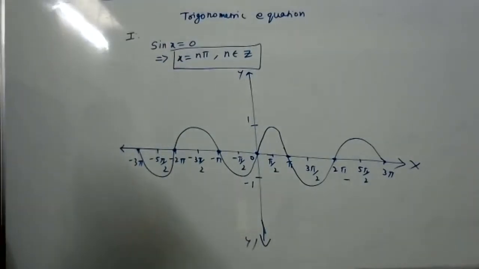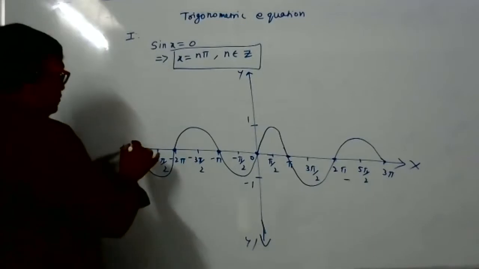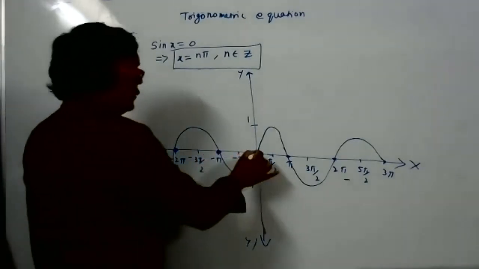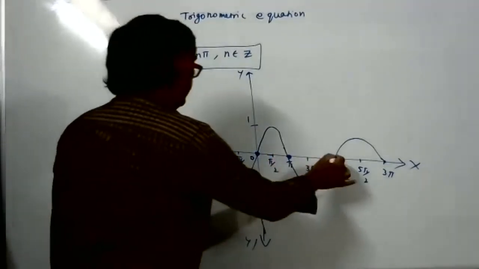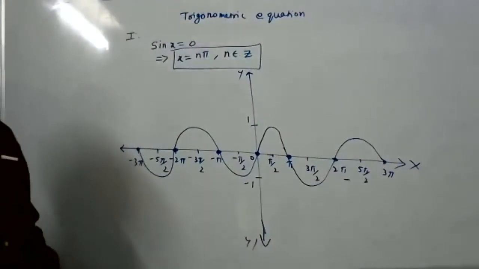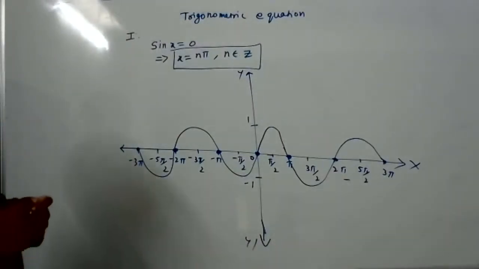Is this understandable? Shall I erase the board? Sir, just 1 minute. Easily by graph. That's the reason graph is taught. Graph is very helpful. Venn diagram is very helpful in the sets chapter.